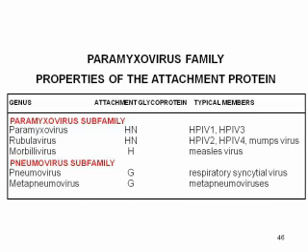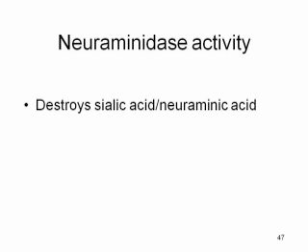So that explains why some of these have got the H. But why do these set up here, the parainfluenzas and mumps, why do they have N? And N stands for neuraminidase. And neuraminidase is an enzyme activity that destroys neuraminic acid. That's also known as sialic acid. And our cells are covered with sialic acid. So that is going to be important later on, and we'll come back to why that's so important.